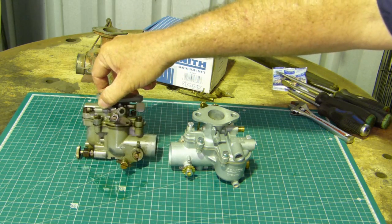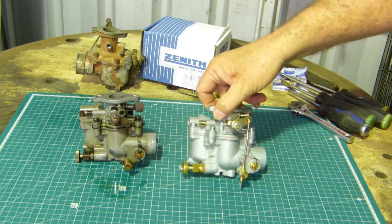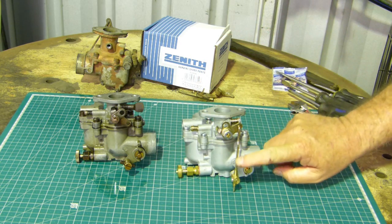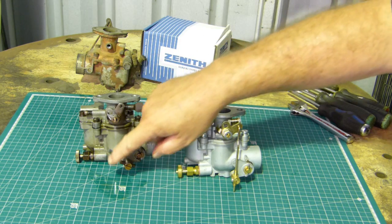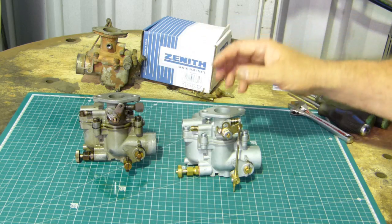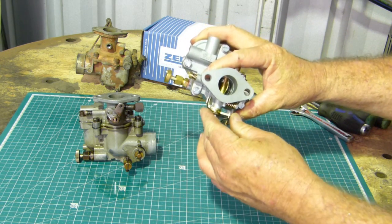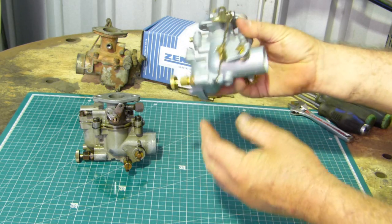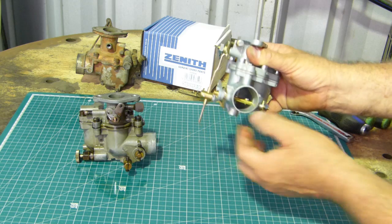But one of the worries we have is that it's actually missing this rod here, and the rod should go here, down through this little piece of tube here, up to the butterfly, the main butterfly. See, the top is your butterfly shaft, the bottom is your choke shaft, and as you pull the choke on,